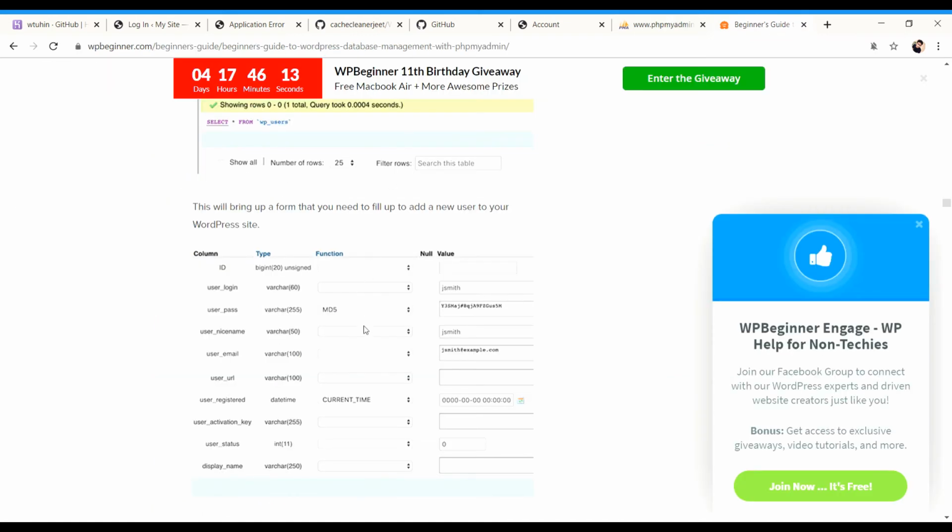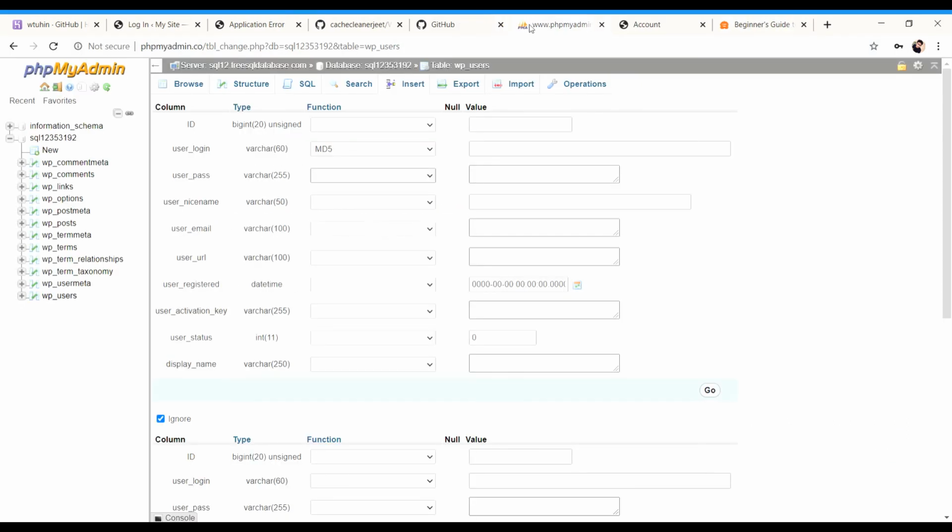User login has no change, user login with Tuhin, and user pass will be MD5. So tap use MD5, and user pass is 123456789.